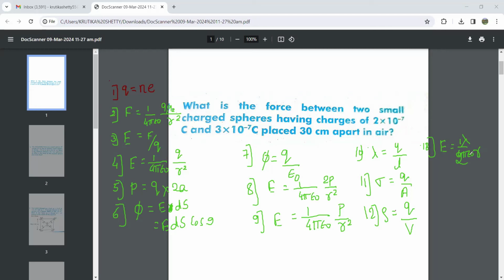Lambda divided by 2 pi epsilon naught into R. And formula 14, the electric field intensity due to a plane sheet and due to a spherical shell. So due to a plane sheet, it is sigma divided by epsilon naught, correct? Then last for the spherical shell,